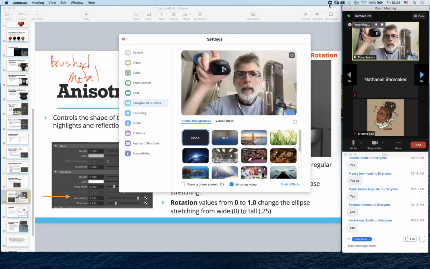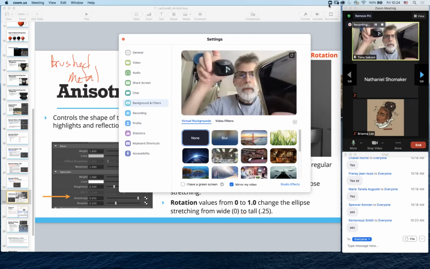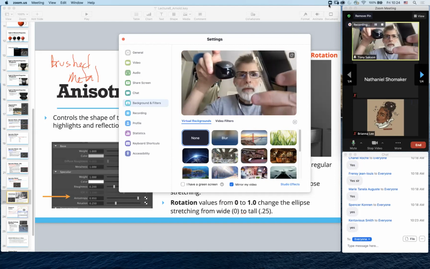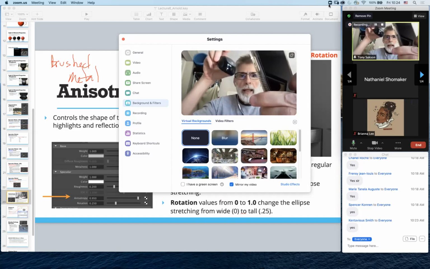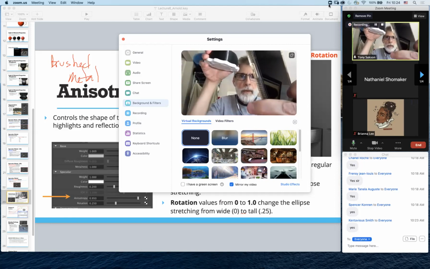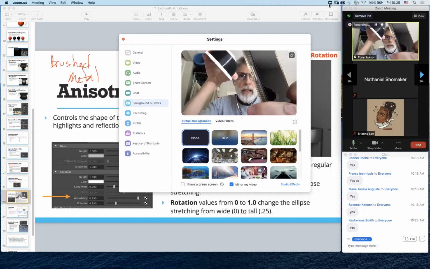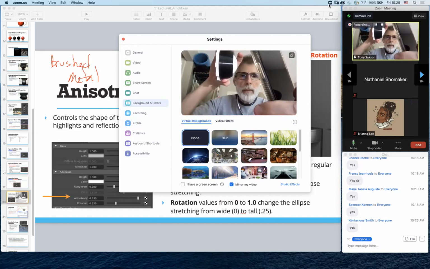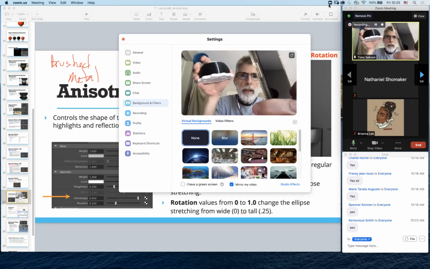I'm trying to aim it so the light goes right into the camera. There it is. There's my light. Okay, so you can see that little round dot there. Okay, so let me keep this. And now you can see as I turn the object, that highlight doesn't stay the same. It changes direction